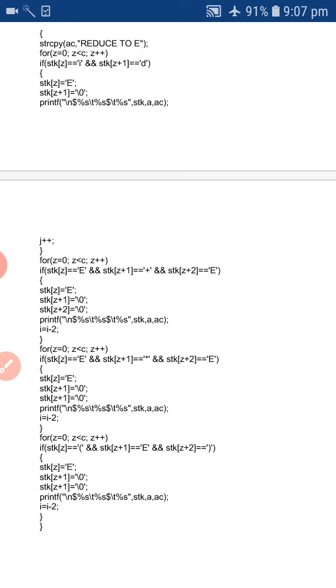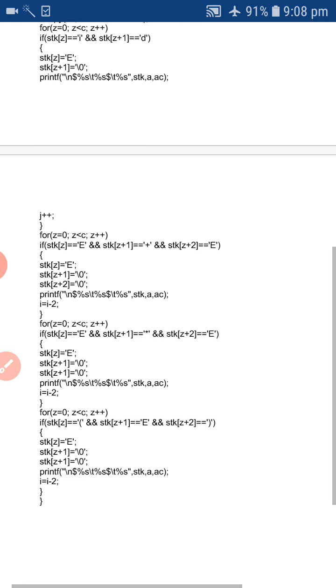So after checking that, here it will be checking E equal to E plus E. First it will be checks E equal to E plus T, then next it will be checks E equal to E plus T. So once again I am using this stack as E, so it will be checks whether the given grammar is correct or not.